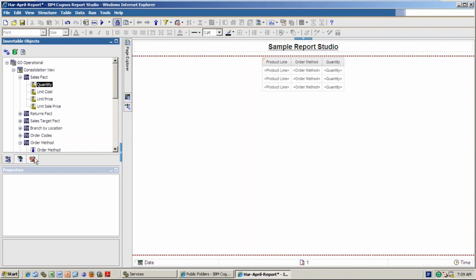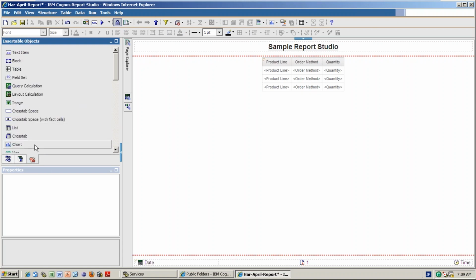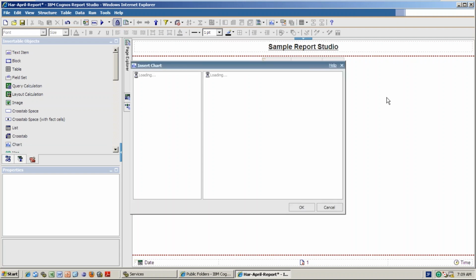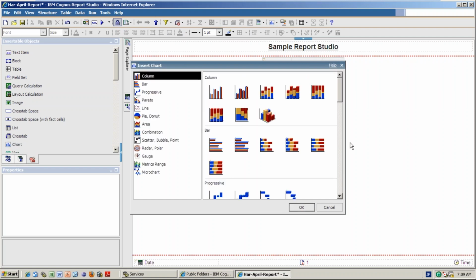Say for example, if I'm dragging a chart outside of the list, that means normal how you are dragging, right? So I'm taking the chart.